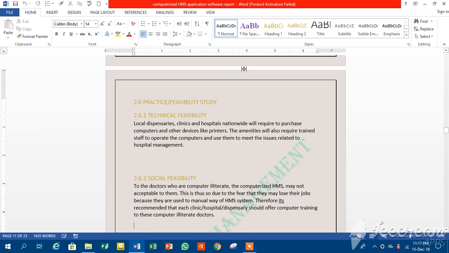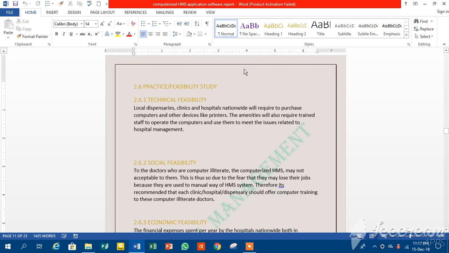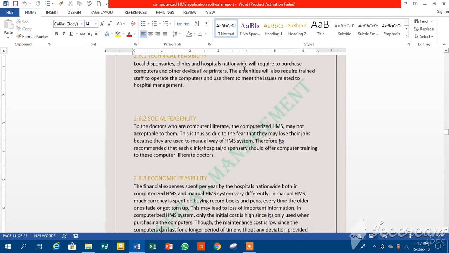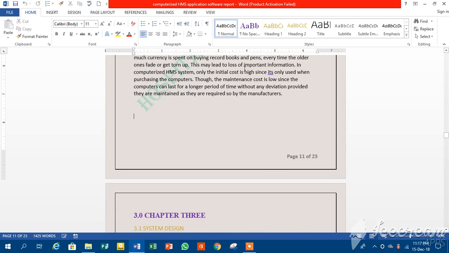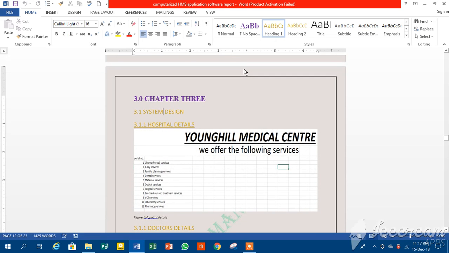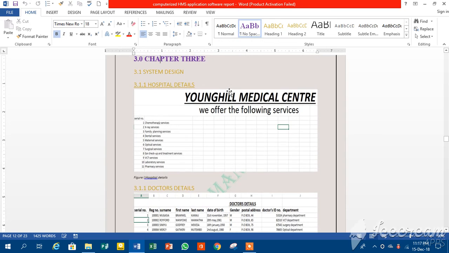From there we go to the feasibility study, and under feasibility study we have the technical feasibility, the social feasibility, the economic feasibility, and also here we have chapter 3. In chapter 3 we have the system designs, and in our system design we have the hospital details, and in the hospital details, the pictures that we have, the images